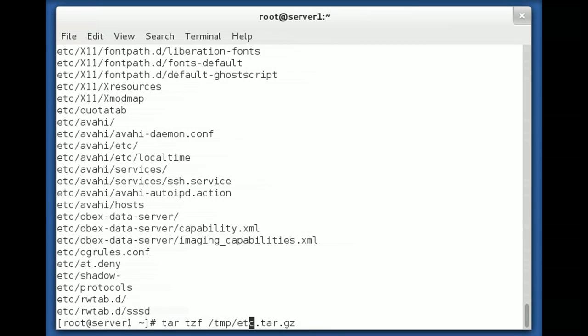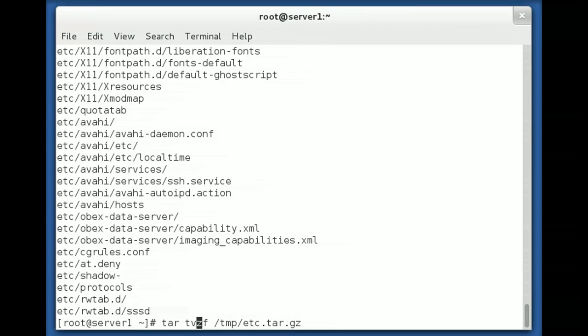To be able to view that, what I can do is add to my t a v for verbose,